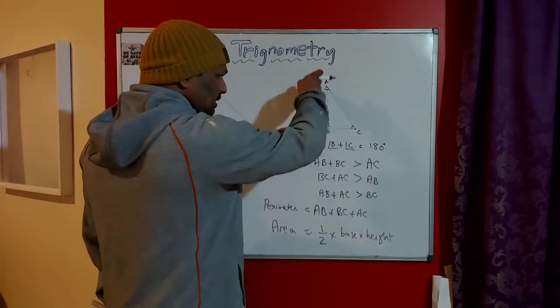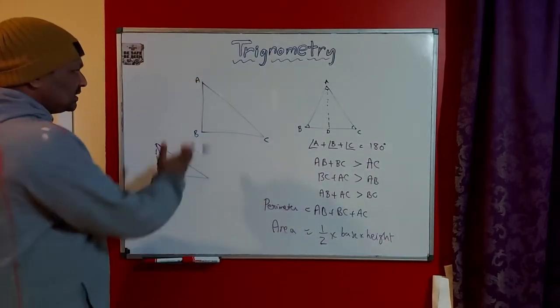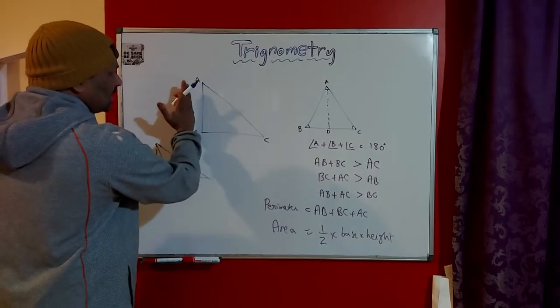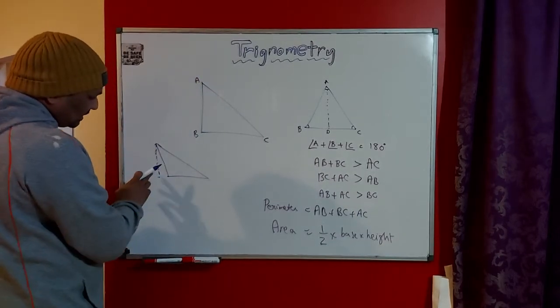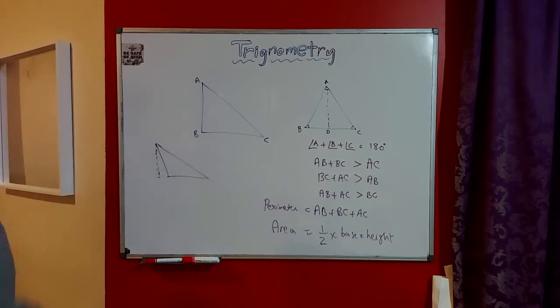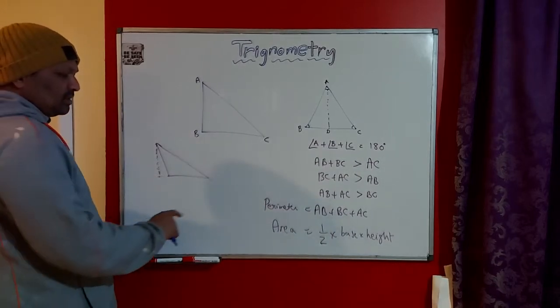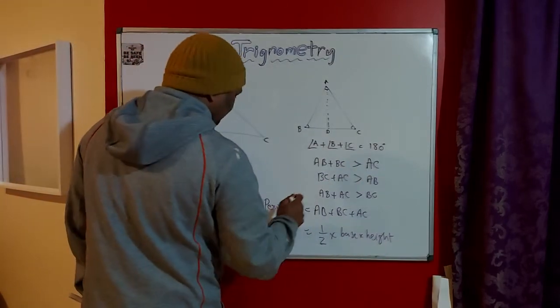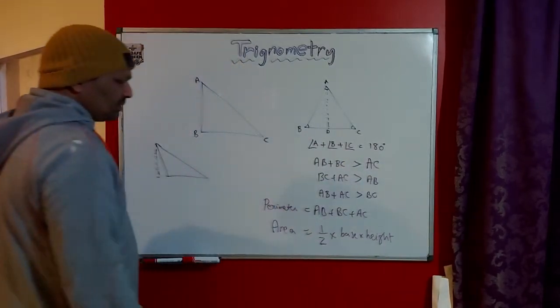That is within the triangle. This is here. One side of the triangle is the height, and here the height is an imaginary line that is outside the triangle. Okay, so that's how you have to find out the area of any given triangle. So the perimeter we talked about and area we talked about.